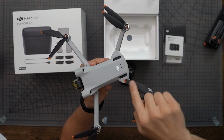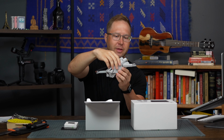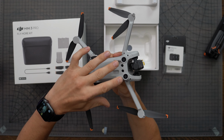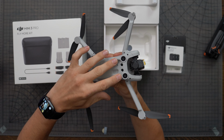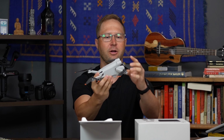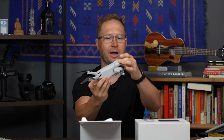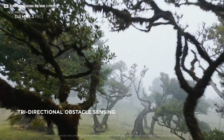There's actually kind of a cutout along the body here that helps the sensor see. And then if I flip it over, you can see it's got sensors on the bottom as well. And from what I've seen of this drone in action, it kind of sits like this in the air. So the gimbal is straightforward, and that gives it a lot of room that it can see from the front,